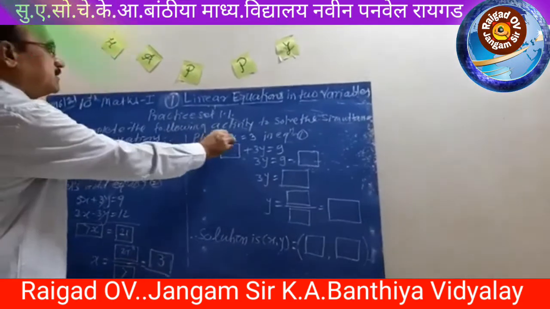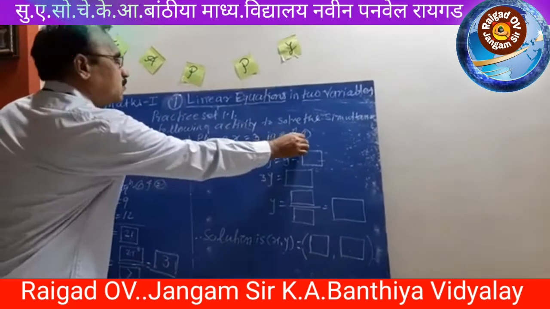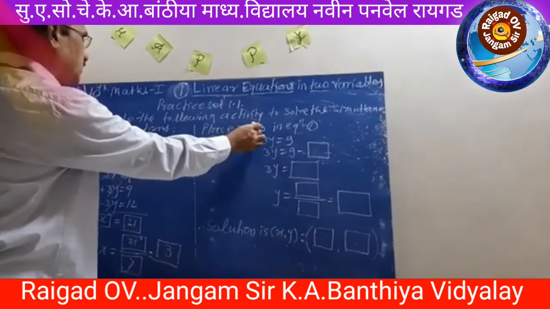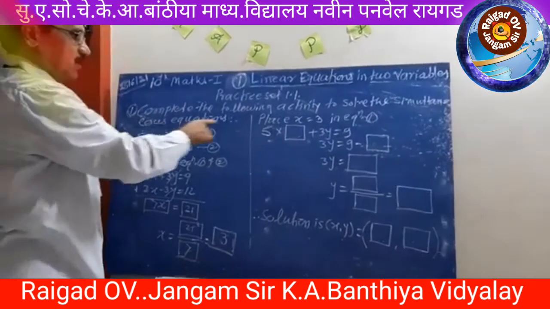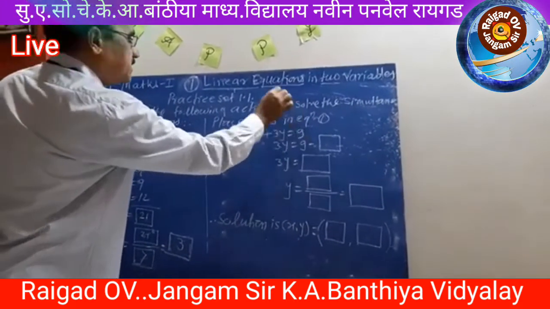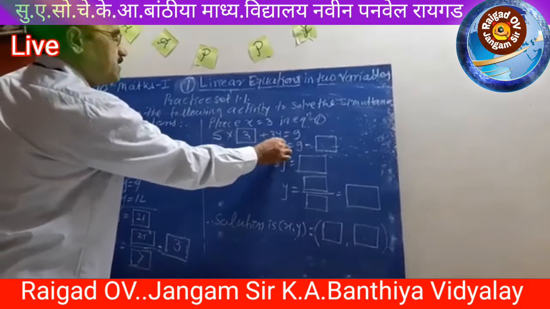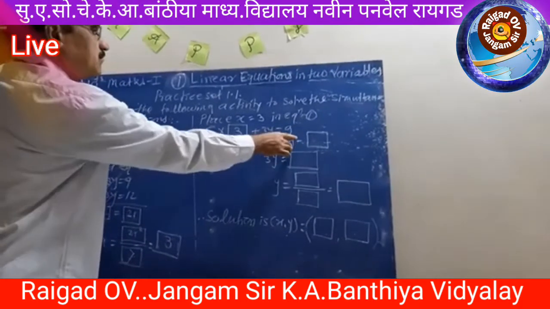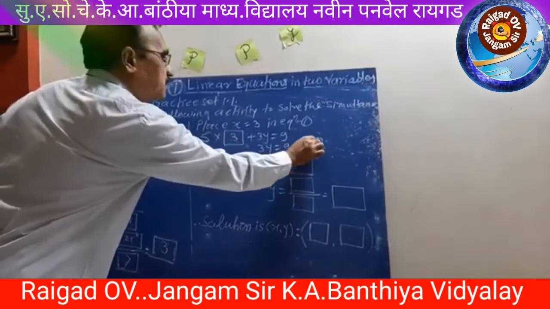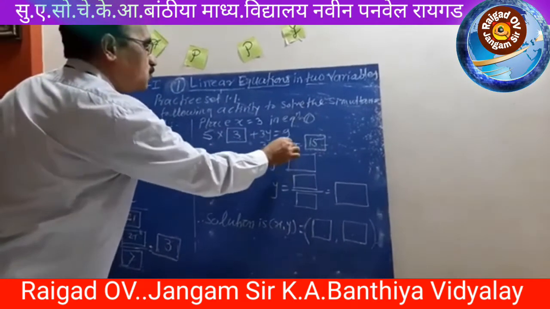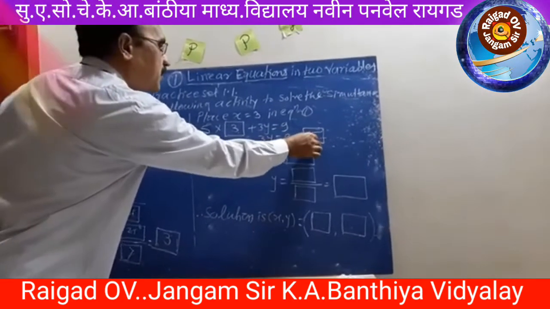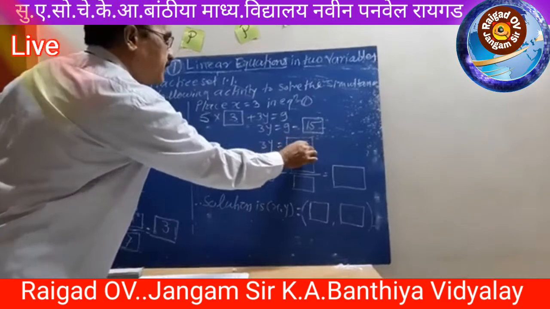Now x is equal to 3. In equation 1, equation first is 5 into empty box. Here in equation 1 is x, the value of x is 3. Plus 3y is equal to 9 as it is. Now minus the empty box means 5 into 3. 5 threes are 15. Take here 15. 3y is equal to 9 minus 15. Subtract the smaller number from the bigger number and the sign of the bigger number is minus, 6.